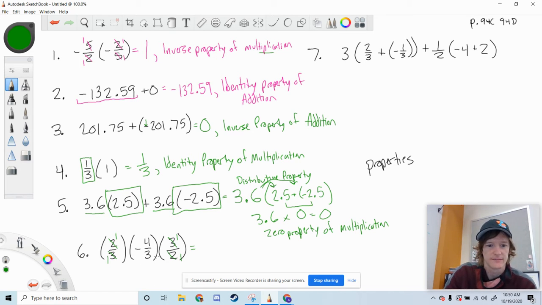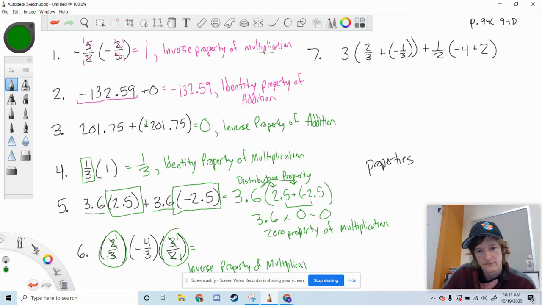It's just kind of separated by this 4/3 here in the middle. But we've got 2/3 and we've got 3/2. So we're using the inverse property of multiplication. And we get the answer -4/3 because this now, if this equals 1, so I used the inverse property of multiplication, and I also used